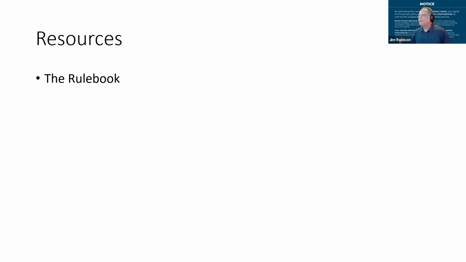I will try to post it in the chat here so that you have the contest rule book available. Okay, let's see here. There we go. All right, that should be available in the chat now for you to look at. The contest rule book is your Bible for the contest. It's what you follow. If someone asks you about a specific rule and you look it up and you don't find the rule in the rule book, then it's not a rule. If you find the rule in the rule book, then that's what you're supposed to follow. It will give you guidance about how many judges you need to have at each level of the contest as well.